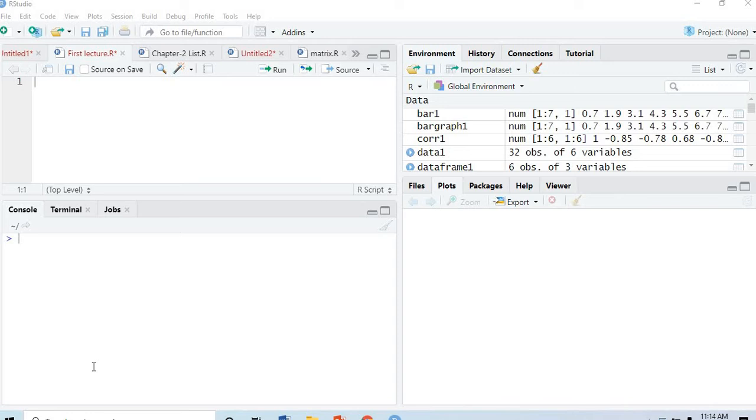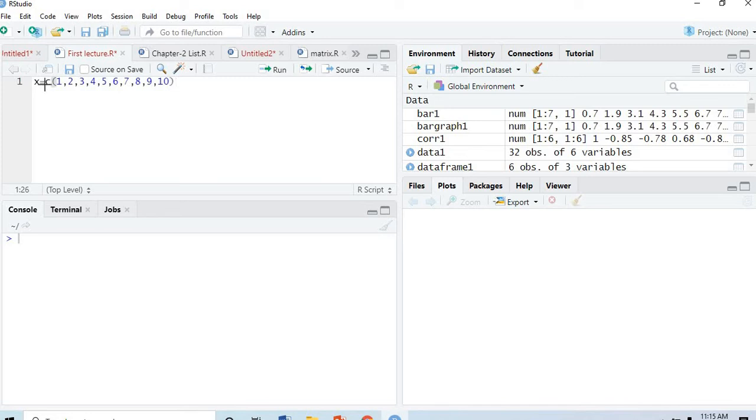Now we'll discuss how to create a vector when we are using R. Let's say I create an object X in the script area, and I'm going to create X as a vector. There are three methods for creating a vector. The first one is the combine method. So I type X equals C. In the combine method we use C, as we discussed already, and let's say I have these 10 elements from 1 to 10.